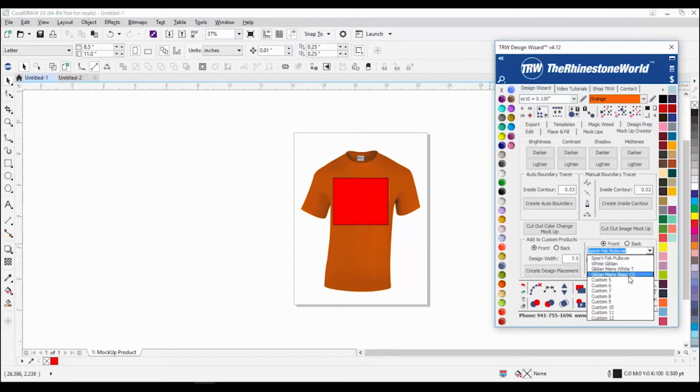So I already have a few options in here. You have 12 custom options. If you go higher than that, but let's just say, this Sport Tech pullover, I don't actually use that anymore. That was for a one-time deal. I don't need that mock-up. Well, then all I have to do is click this option,